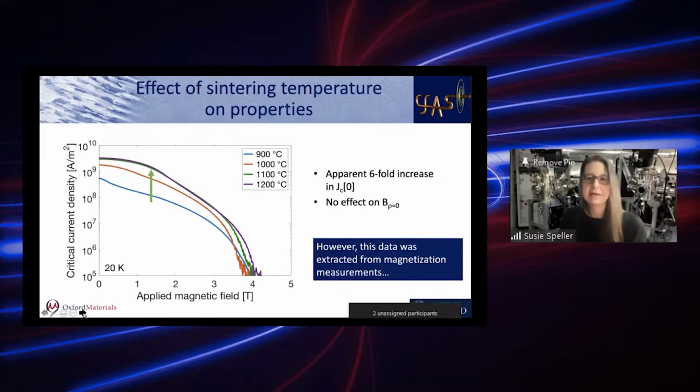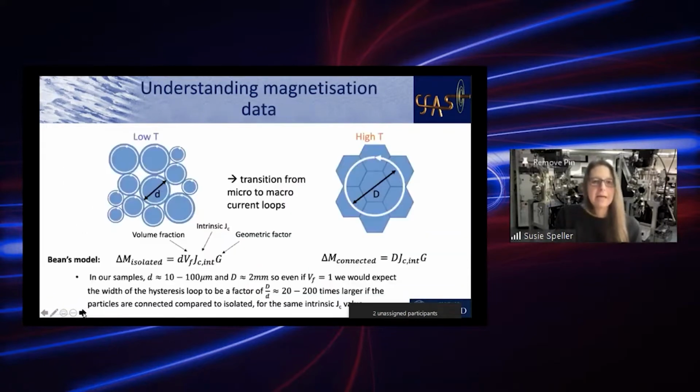But what I want to do before I carry on about the processing is to just explain a little bit about the magnetization measurements and interpretation of those magnetization measurements. So we have some microstructures that are not fully dense in our samples. You saw that the low temperature sample had these agglomerated powder particles that didn't look to be particularly well connected. So the cartoon on the left is a picture of what that looks like. Whereas at higher temperatures, we had something more like what we see on the right there, a fully